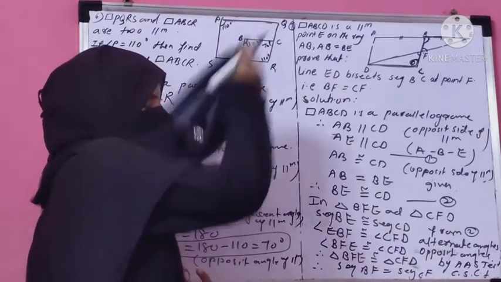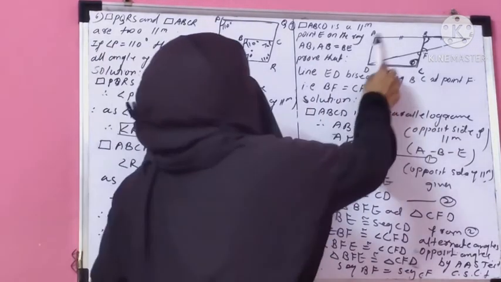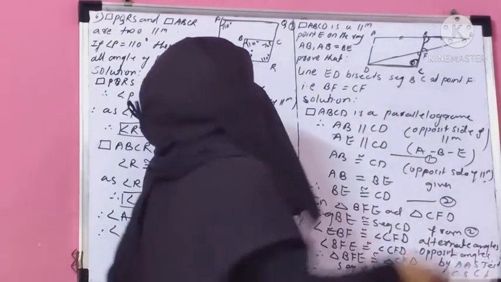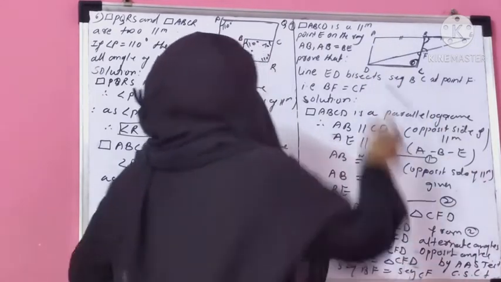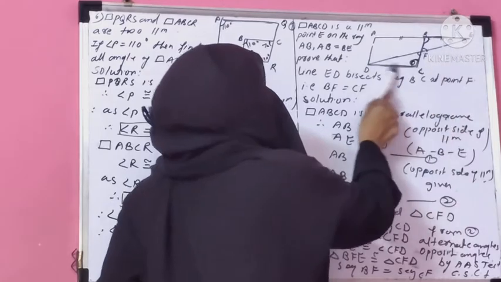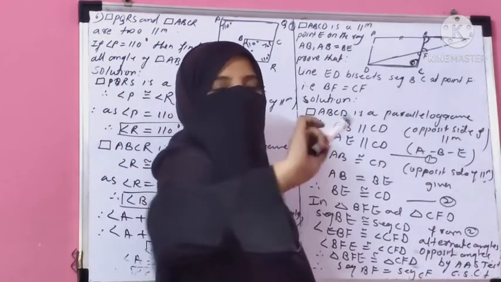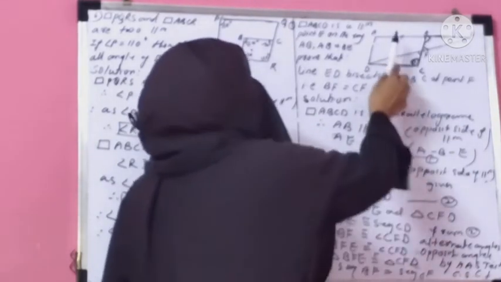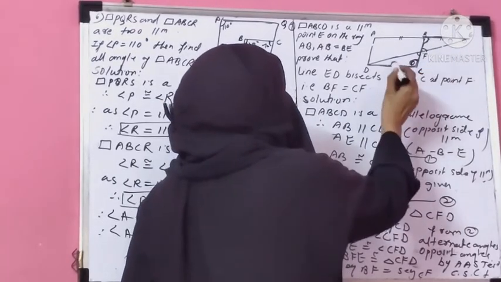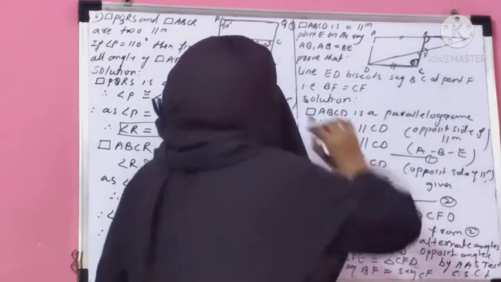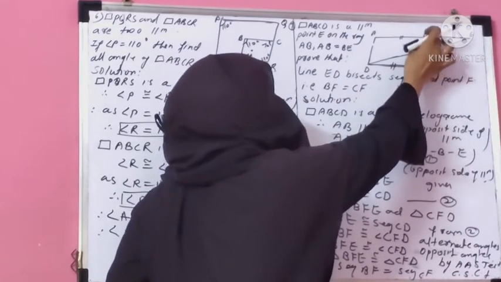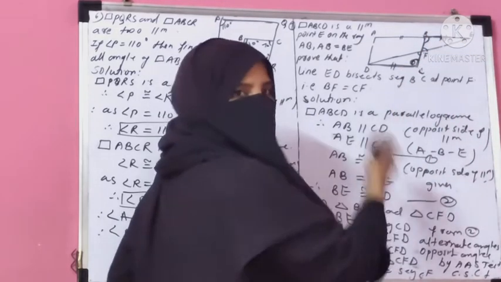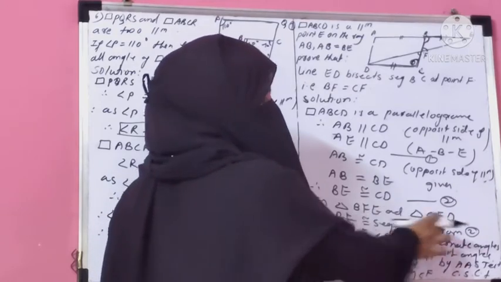Okay, once again, see here. Now the given is this quadrilateral is a parallelogram, and you know that the opposite sides of a parallelogram are equal and parallel. So therefore, AB is parallel to CD. If AB is parallel to CD, that means AE is also parallel to CD, because this point E lies on the same line. Got it? Now AB is congruent to CD, opposite sides of a parallelogram, and AB is equal to BE, that means BE is also congruent to CD. Got it? Now focus on these two triangles because we have to prove BF is equal to CF. In these two triangles, the first is BE is equal to CD, as we proved.